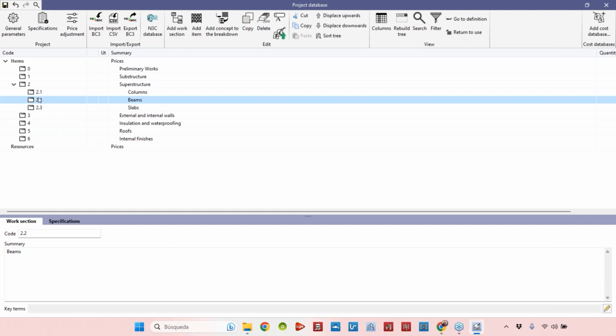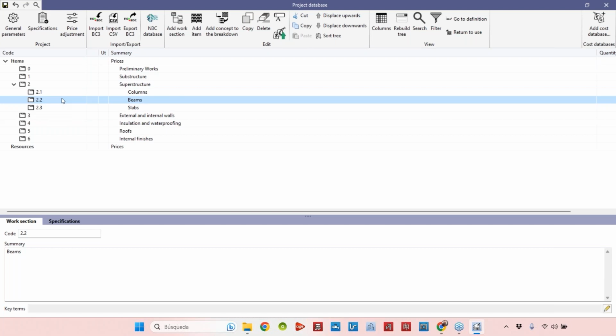Okay, so here you can create a lot of levels. Here I just created 2 levels, so using chapters and subchapters or folders and subfolders, but you can create more levels, just adding more and more work sections inside of the folders that you created. Okay, there is no limit to do that. All right, so with this first structure, we already have the place to